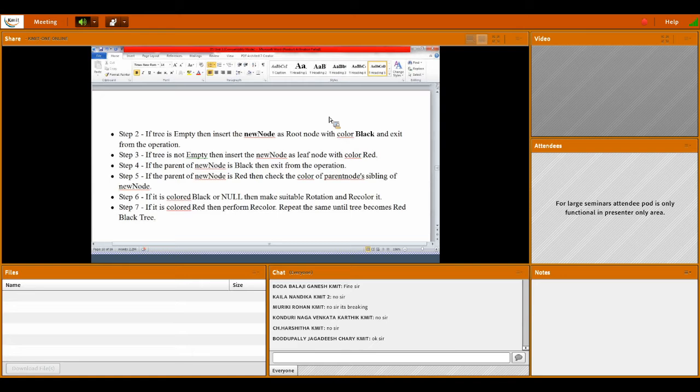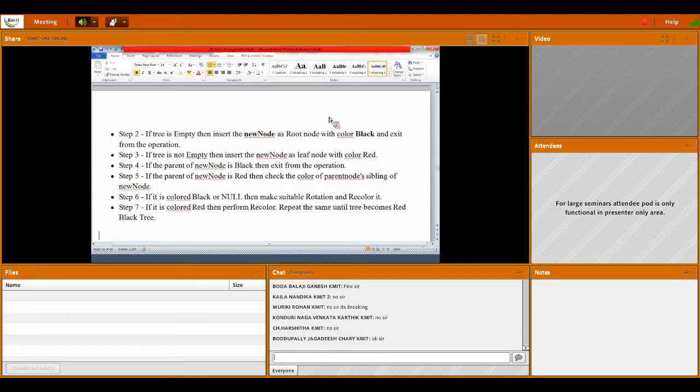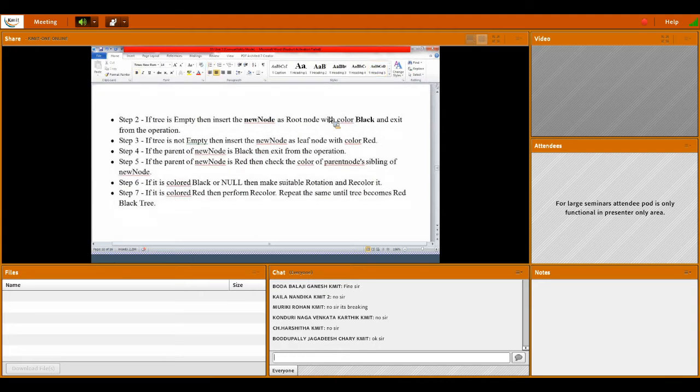But if the tree is empty, then whichever you are inserting as the first node becomes the root only. So if the tree is empty, insert the new node as a root node with color black and exit from the operation.